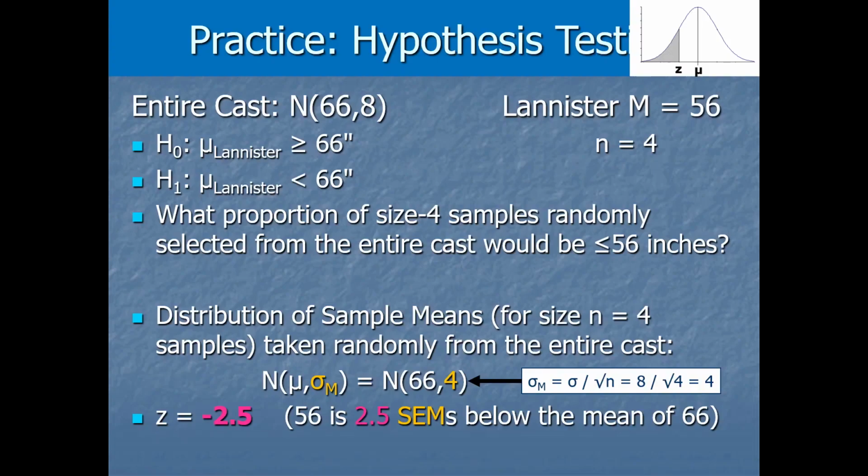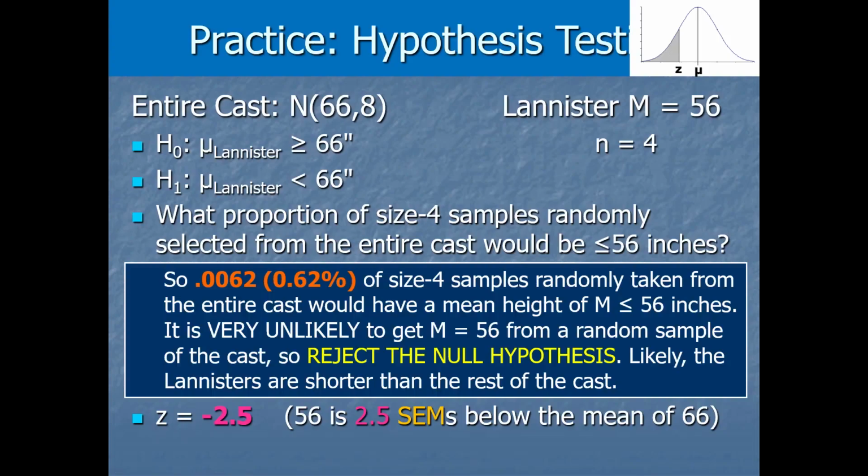Then we just need to know how rare that is. Like, what kind of z-score cuts off 5% of the graph? And are we more far out than that or less far out than that? And again, we would need to consult a z-table for that, a standard normal table. And if so, we would find out that being 2.5 SEMs below the mean, so having a z-score of negative 2.5, it only happens in 0.0062. So in 0.62% of size 4 samples that were randomly taken from the whole cast, like if the null hypothesis was true. Only in that tiny proportion, 0.0062, would we have a mean height of 56 inches or less,